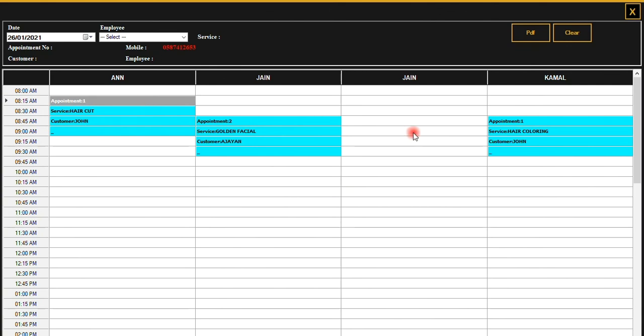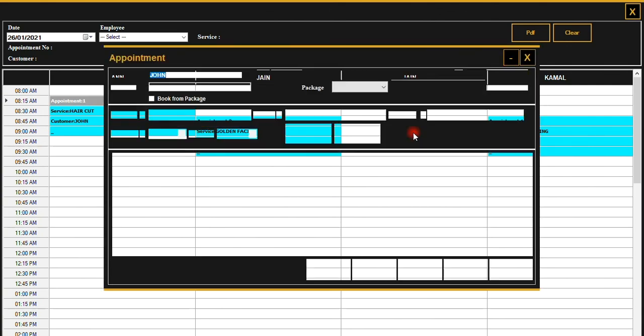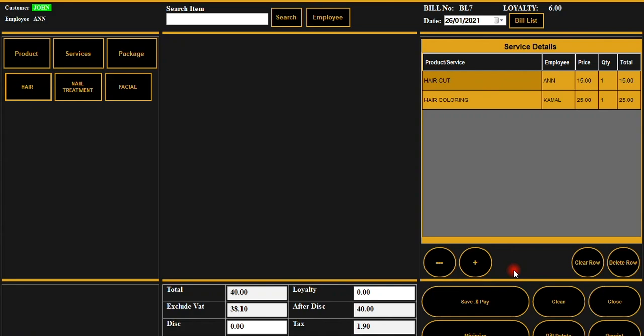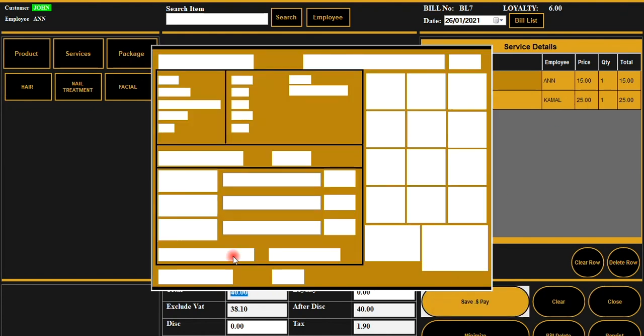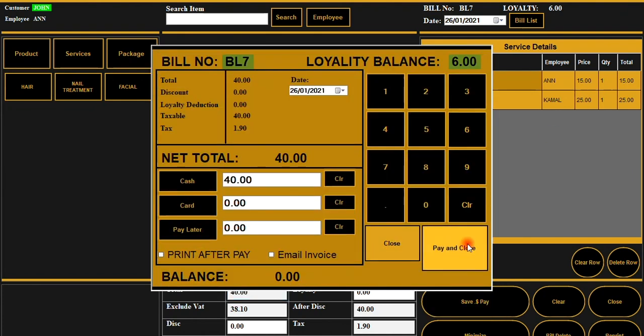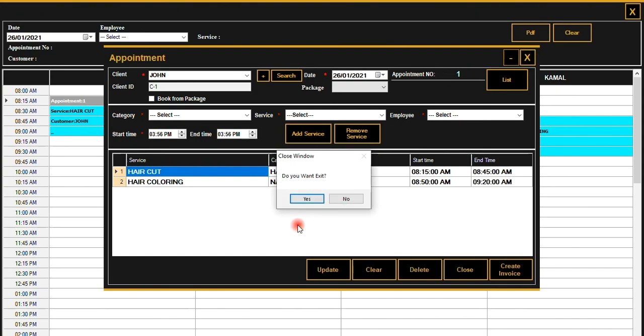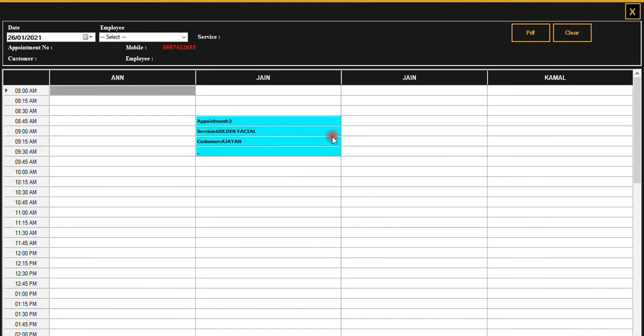This is how you make appointments basically. Now you go to appointment 1. When the person is done with the services, you can create an invoice where the bill is raised. As soon as the bill is raised, you go to the post, and the screen appears. Whatever services they have done get automatically added there, and that is how you come to know which service is over. As soon as that service is over, it goes away from the screen.